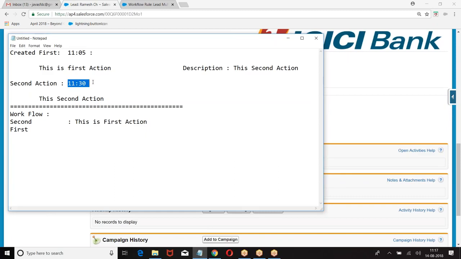I hope you got my point. Clear? One rule, more number of actions. Now if we have rule 1, rule 2, this is only one workflow rule with 2 different actions.